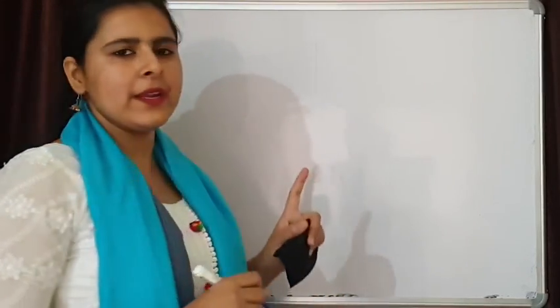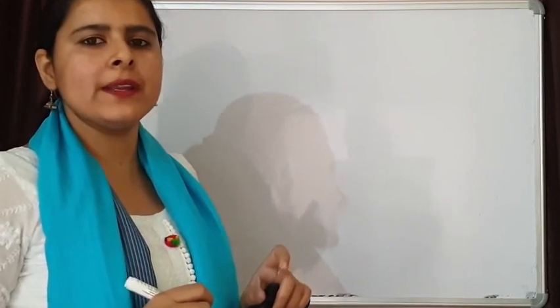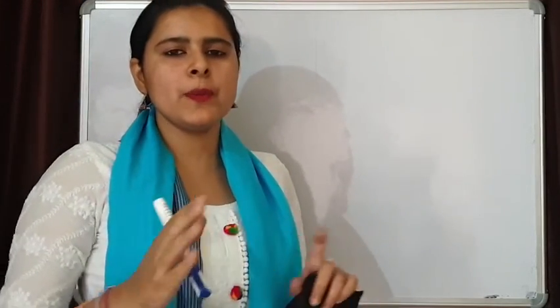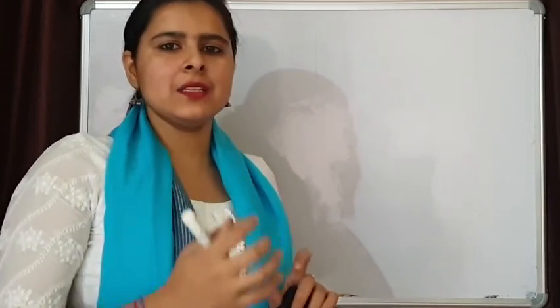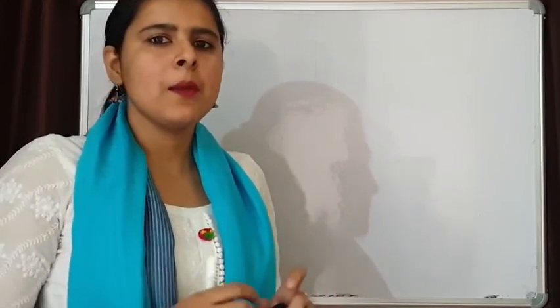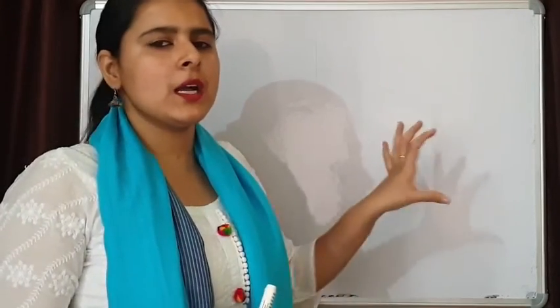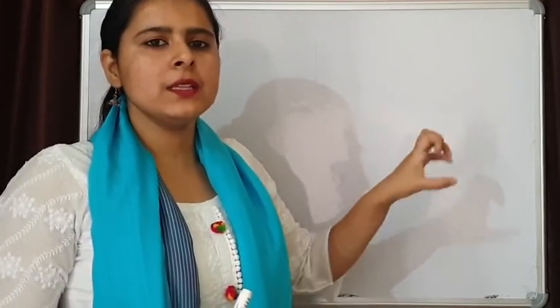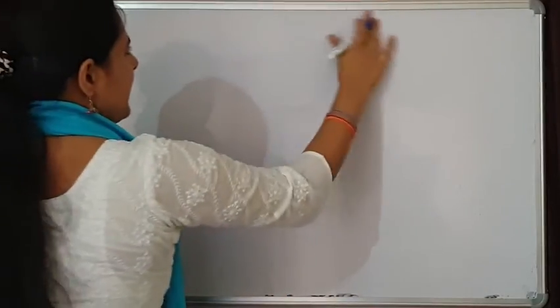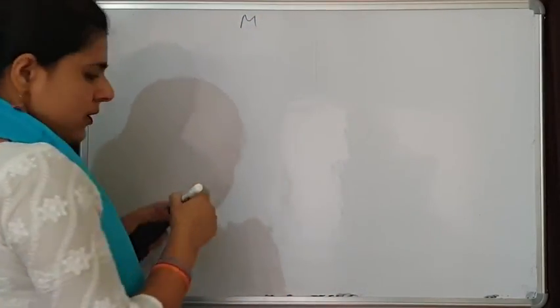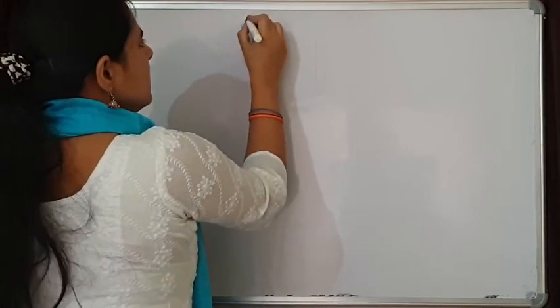Earlier we talked about Mendel's monohybrid cross, in which Mendel included tall height of the plant and dwarf height of the plant. Today we are going to take another example of monohybrid cross, but that is including the color. In guinea pig, the color of the skin. So let's begin. This is again a monohybrid cross.